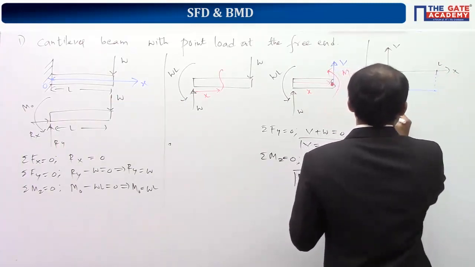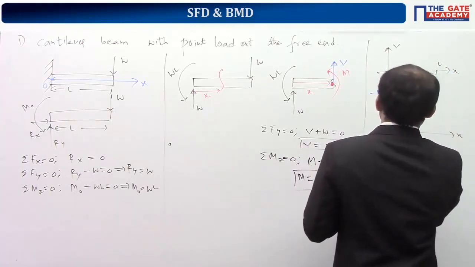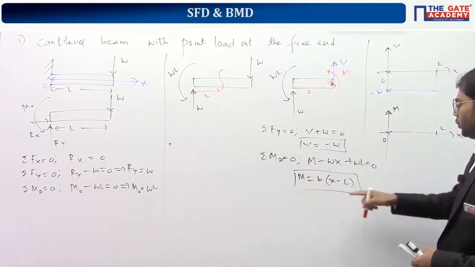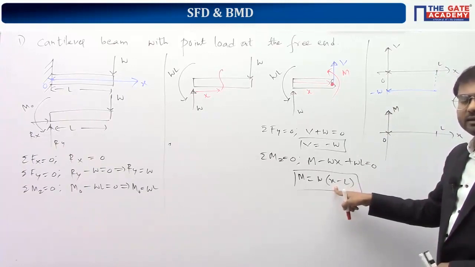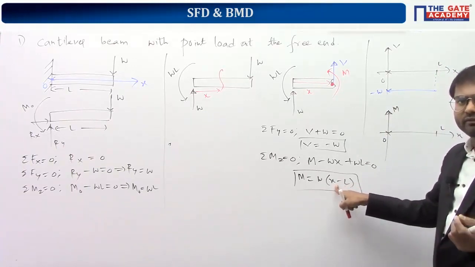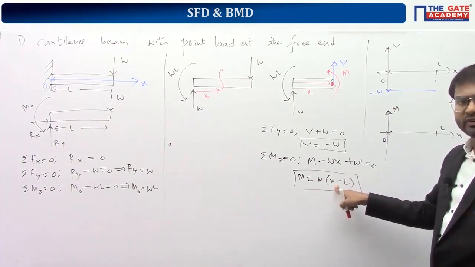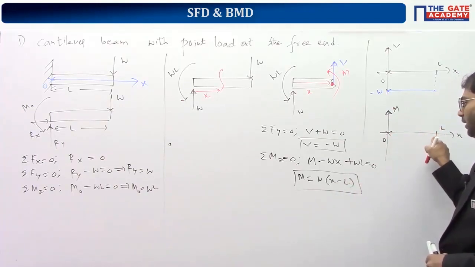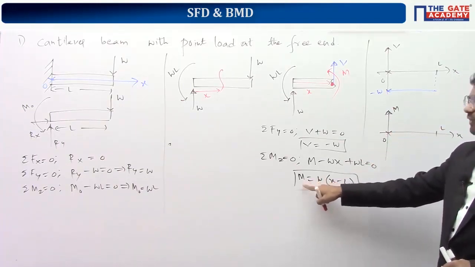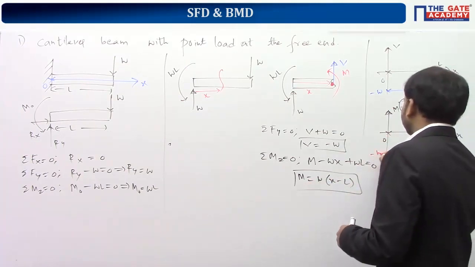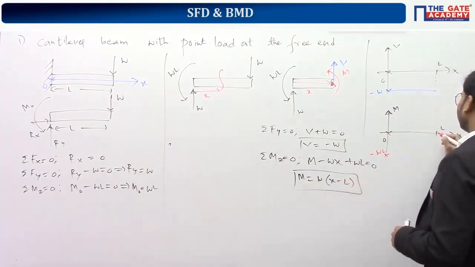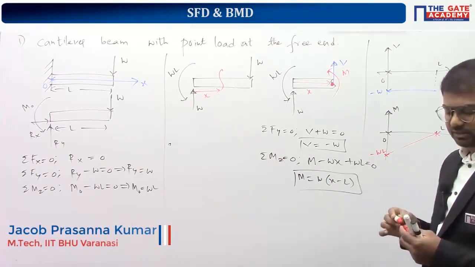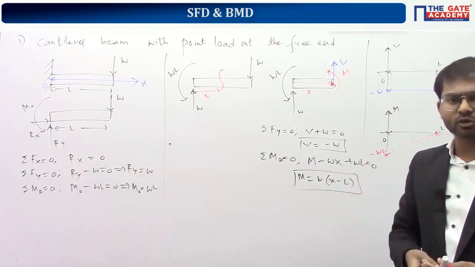Now for bending moment, this is bending moment M, this is x, from 0 to L. We understood from x power 1 that it's a straight line, which means we require only 2 points. Once you know 2 points, we can draw a line. I will take 2 locations, x is equal to 0 and x is equal to L. At x is equal to 0, it's obvious that the bending moment value is equal to minus W into L. At x is equal to L, bending moment is equal to 0. So we draw a line joining these 2 points, and we get a straight line like this.